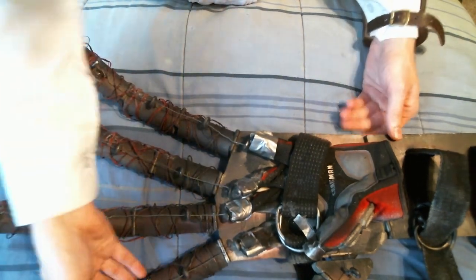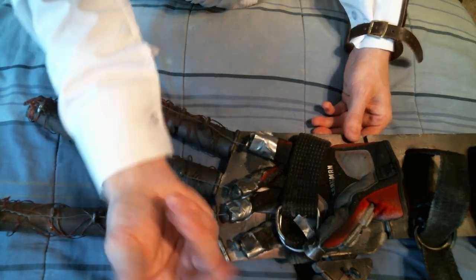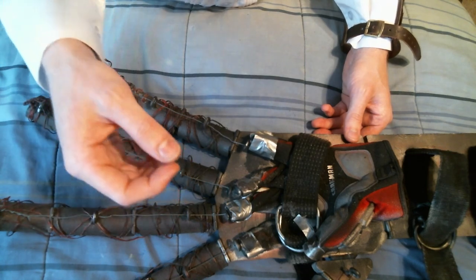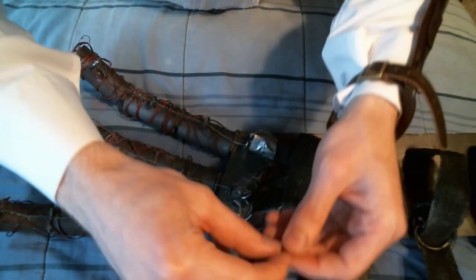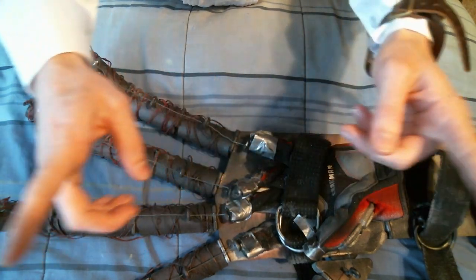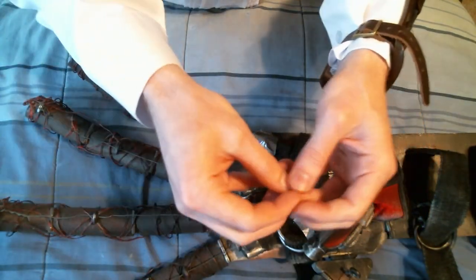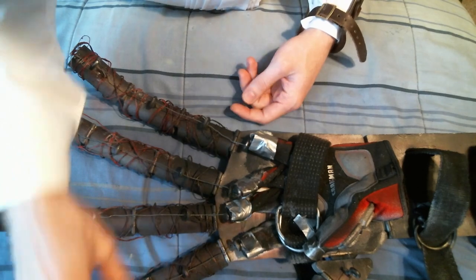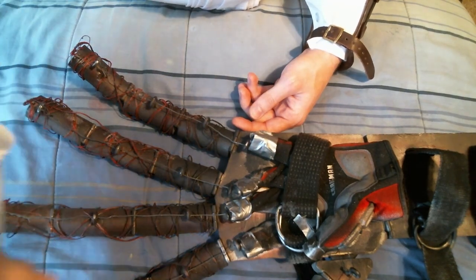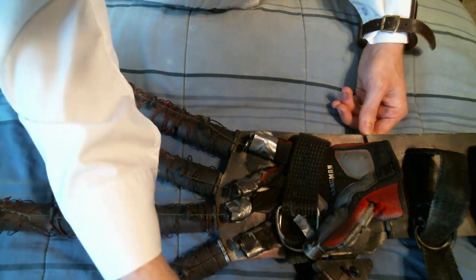Wires wrapped all around it. These little red wires here. What I did to create these sort of muscle, sinewy strands, right, is I took some floral wire, and I took each wire and I twisted them together to create these thicker ropes. And when they were twisted together, I had them tied between two chairs, very taut, right? And I then coated them with some glue. I let that sit, and it hardened a little bit, made it easier to mold, and it made it a bit stiffer. Then I covered it with some red paint. Of course, I then hit it with some spots of some dark, some black paint